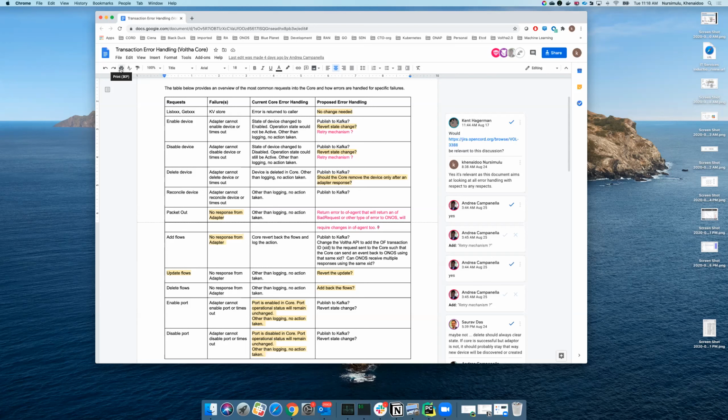So basically, if the device is not reachable, we don't want the adapter to go on retrying forever, and the core is also waiting forever on the response. Mm-hmm. I don't know if the adapter retries forever, but it retries for a while. Okay, I don't recall the behavior. Yeah, that is something that we need to check. We don't want the core to wait forever. Ever. A timeout is, I think, the best